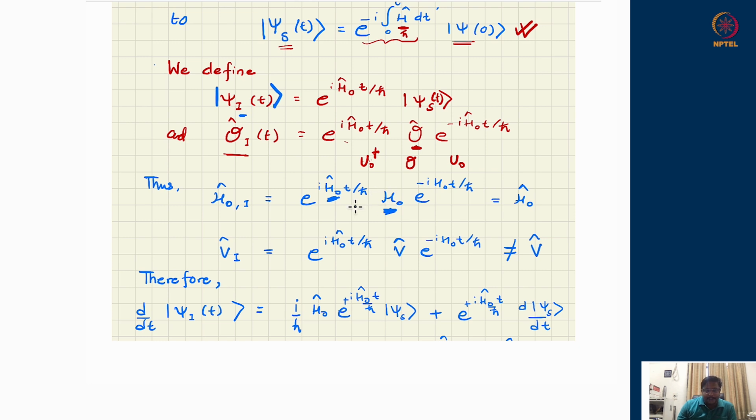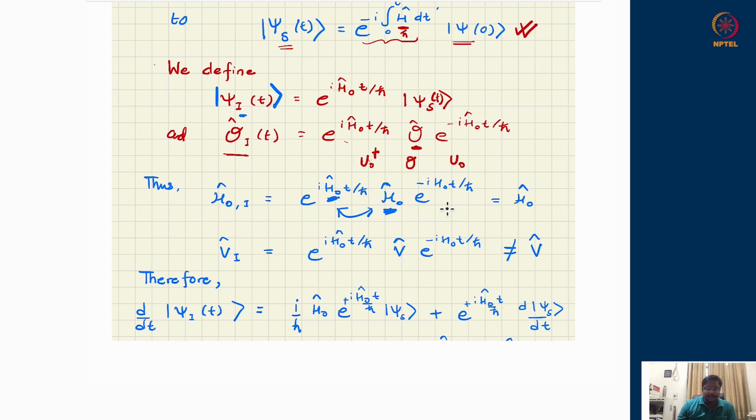Some Hamiltonian and its exponential commute among themselves. So therefore, I can flip this. So H naught can come on the left and this can go to the right because these two operators commute. If they were not commuting, I would not be able to flip. We are not numbers. So once I flip, this e to the power i H naught t upon h bar comes here